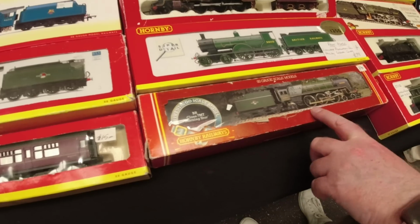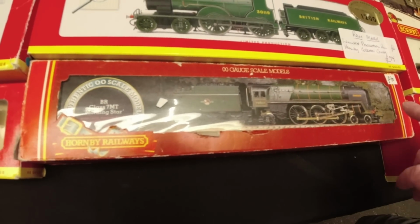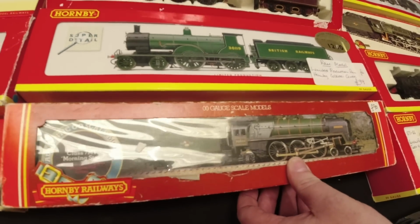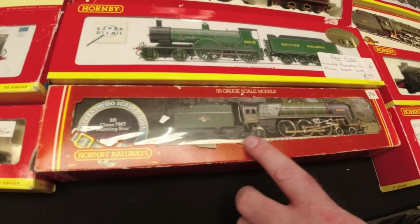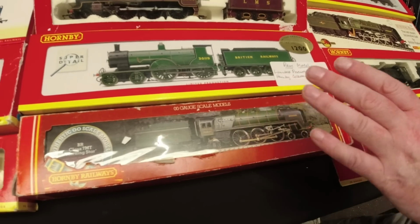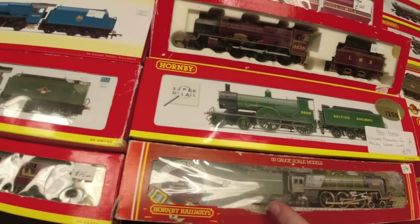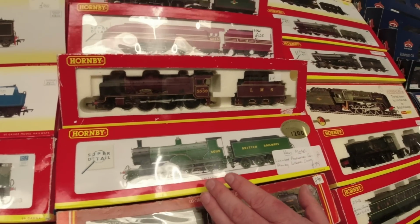Oh, this is the one I was looking at in Buxton. This is where I recognise the stall from, because they had the Morning Star. I was telling you that was the one I had as a nipper, the last loco I ever owned. So that's the tender drive. Oh yeah. I would like another one of those. I mean, the Britannia class Pacific, the standard Pacific, is one of my favourite steam locos. But